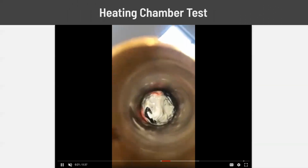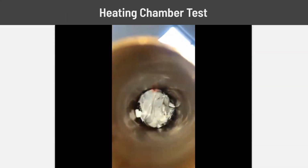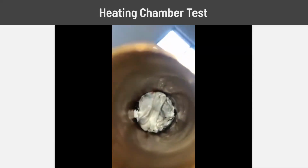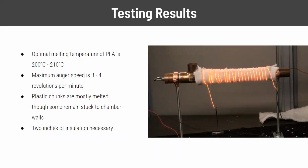So here we could see a video of the inside of the heating chamber. As you could see in the center, most of the PLA has melted into a viscous liquid, but there are some scraps that have not been melted completely on the outside walls of the heating chamber. We found out that the optimal temperature to melt PLA is around 200 to 210 Celsius. We found the maximum auger speed to be 3 to 4 revolutions per minute. Although some chunks did not melt fully, we were able to maintain the internal temperature of the chamber at 200